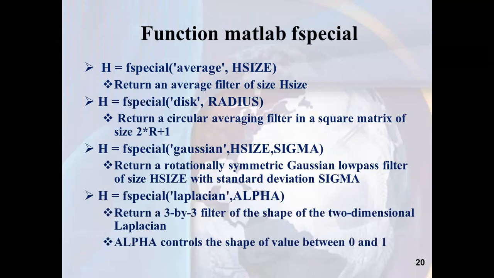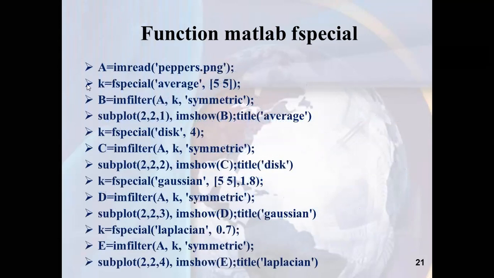Okay, we have Laplacian also. So also we give alpha for Laplacian, and we saw motion a bit earlier. So we take the image peppers, we apply average with window size 5.5, we apply disk with radius 4, we apply Gaussian of the window 5.5 with sigma 1.8, and every time we define F special and we apply image filter, and finally we apply Laplacian with alpha 0.7. So you can